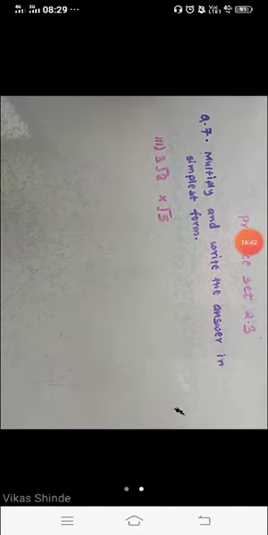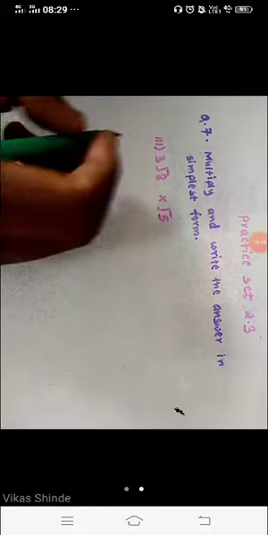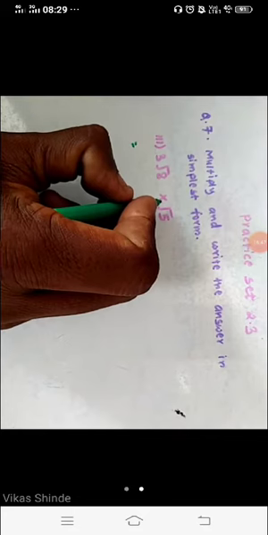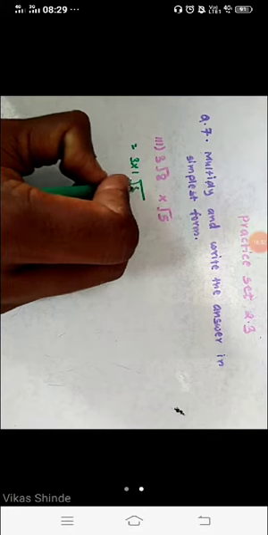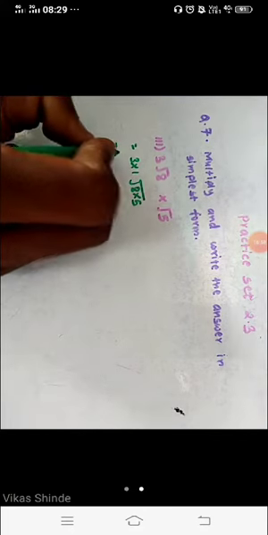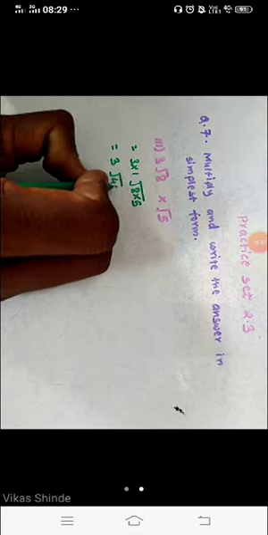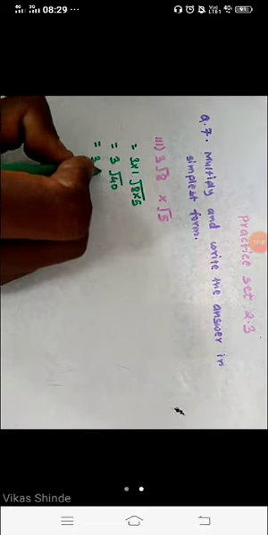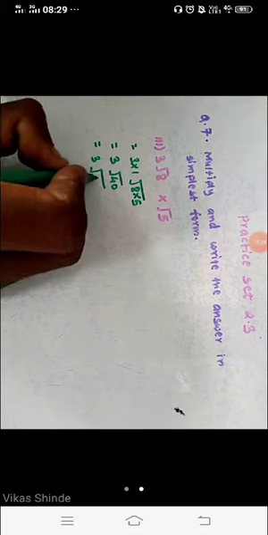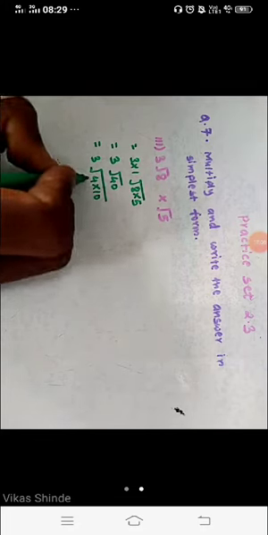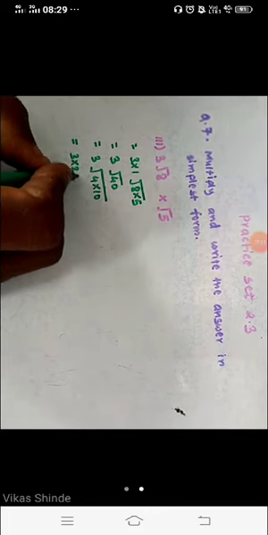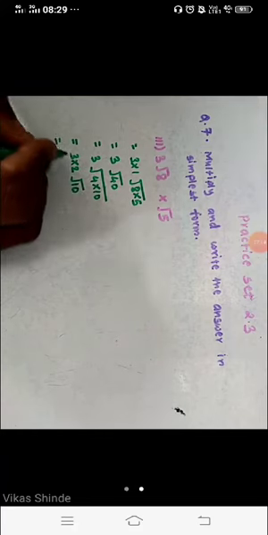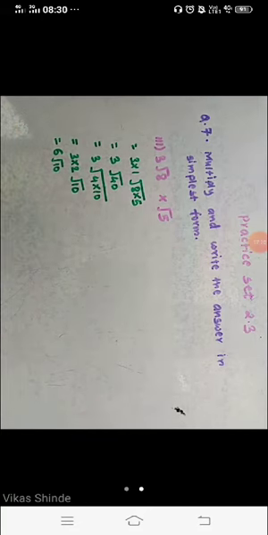Okay, student, now look here, the next one, 3 under root of 8 into under root of 5. Here is nothing, means the coefficient is 1, so we write 3 into 1, and inside 8 into 5. So 3 1 the 3 here, student, 8 5 the 40 here. Now we have to find two factors for this. One factor should be a perfect square number, means 4 into 10 here, student. So we can take the square root of this 4: 3 into 2, square root of 4 becomes 2, and under root of 10 remains. 2, 3 the 6, so 6 under root of 10 is our answer here.